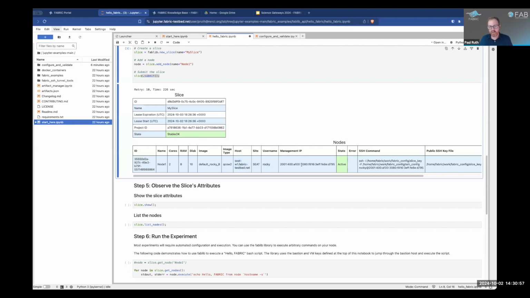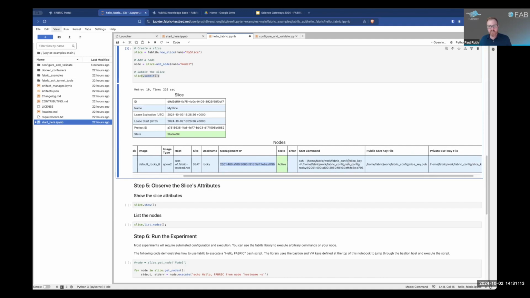The username is Rocky, and the management IP is this, which, if you don't know, is an IPv6 address. Some of the sites are IPv4, some are IPv6. This one happened to be IPv6, and in a minute I'll show you why that doesn't actually matter to you very much. It shows you here the keys that were pushed into this particular VM, and this is a really cool thing we added in the early days. So this is actually the SSH command that you would use to SSH to this machine